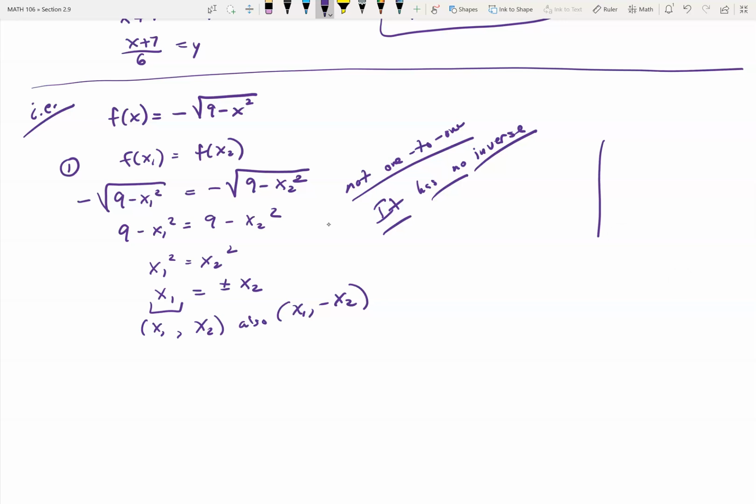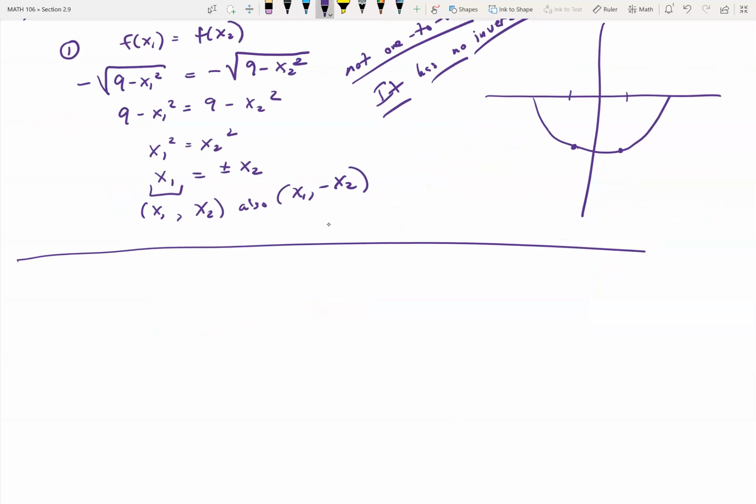I believe if you plotted this, it's half of a circle. I think it looks like this. So clearly, right here and right here have the same y value. Okay. So that one doesn't have it. So you just move on and say there's no inverse. Simple. All right, let's actually do one where you actually get